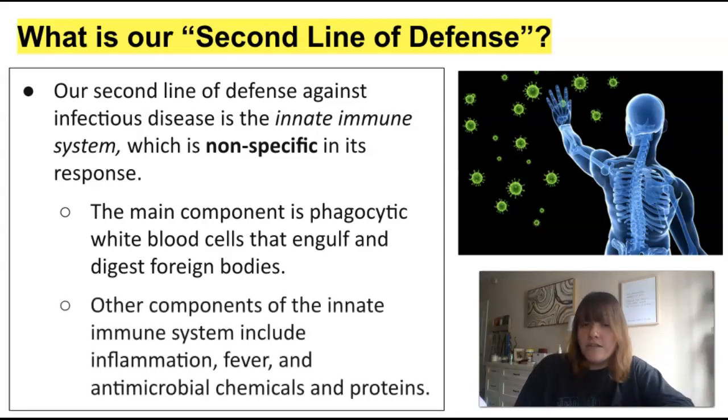Some other components of the innate immune system that we're not going to go as in depth with include inflammation, fever, and antimicrobial chemicals and proteins. So your body gets a fever because bacteria and viruses will denature at a certain temperature, but it's also bad for you to have a really high fever too, so it's kind of funny like that. But that's why you get a fever. It's your body actively trying to fight off